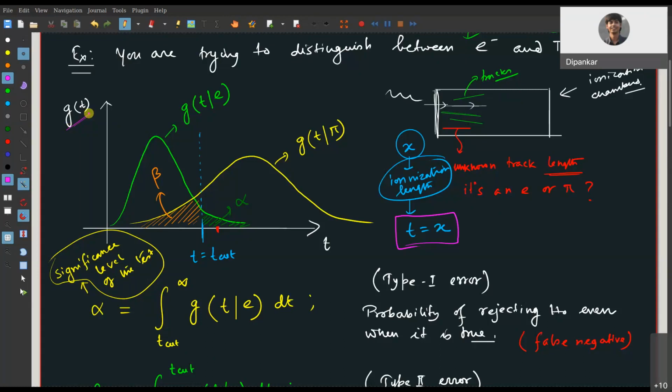completely determined. So if I tell you that the given hypothesis is electron, suppose there is only electron entering my chamber here, then there are no other unknown things in my distribution. So I can know quite unambiguously by doing an experiment how this distribution should look. There is no additional parameter. It does not depend on any other additional parameter. It is completely determined. So this kind of hypothesis is called a simple hypothesis, where there is no parametric dependence